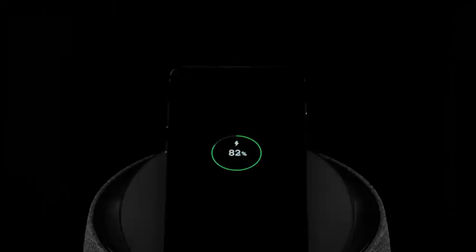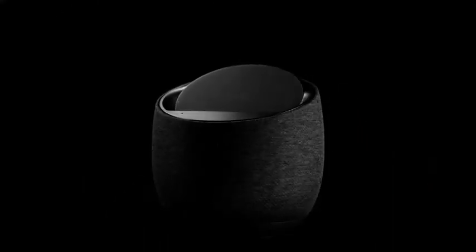Built-in Soundform Smart Speaker and Wireless Charger. The Belkin Soundform Elite Hi-Fi Smart Speaker will not only entertain you with amazing sound, but also wirelessly charge your smartphone. The accessory maker teamed up with experts from Devialet to give the Google Assistant-powered speaker truly remarkable acoustic capabilities. They include the ability to deliver rich, deep bass without any unnecessary vibrations. With a maximum power output of 10 watts, the Soundform Elite Hi-Fi can rapidly charge an iPhone as well as